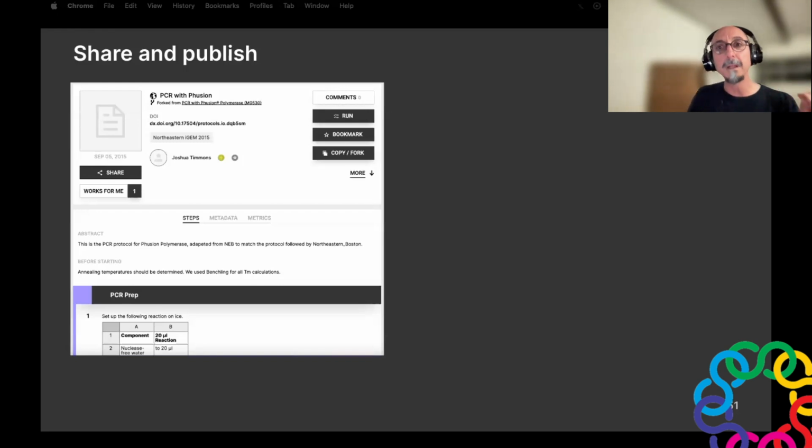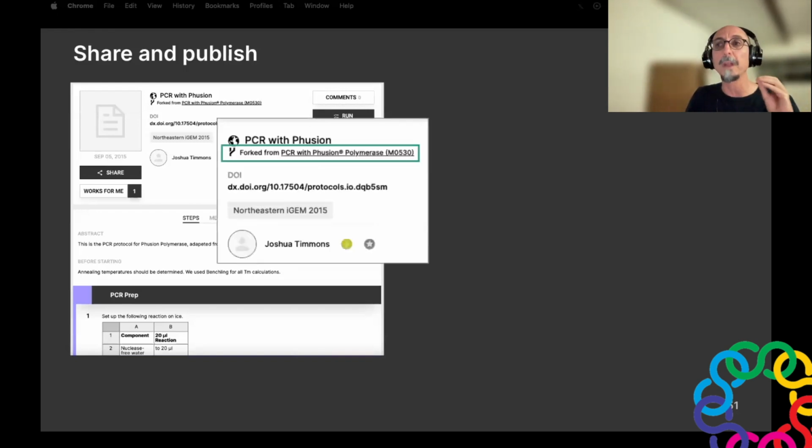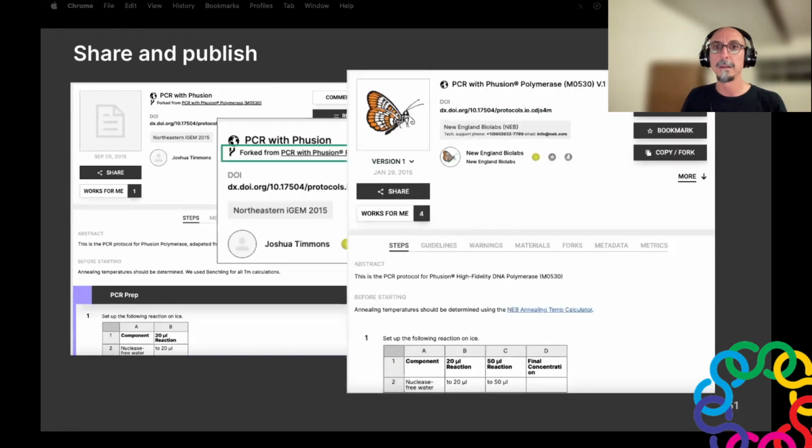The platform tells us that this protocol was forked from another protocol, which you can access by following the link. So the authors get credit for protocol creation and optimization, and the reader has access to the history of changes and evolution of the protocol.